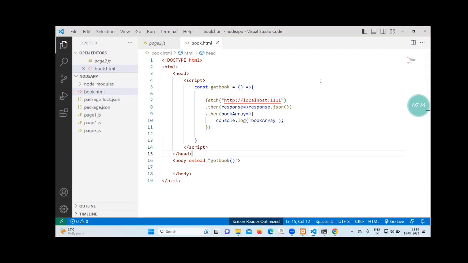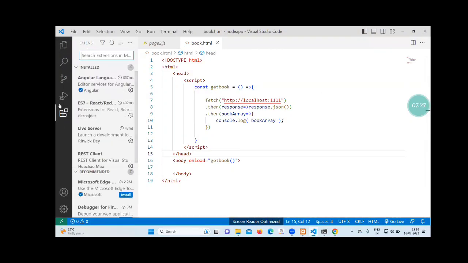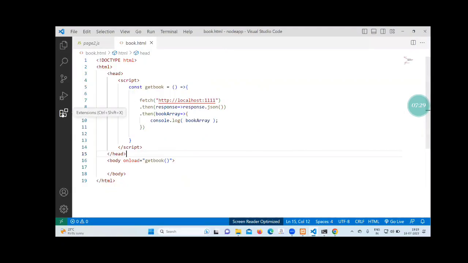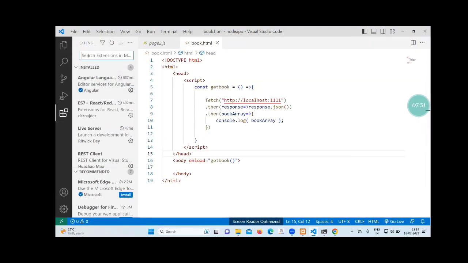Okay, next, come then. So everyone has written. Now, live server, I don't know if it is available on every computer or not. Does everyone's system have the live server or not? So what you can do is go to the extension, and in the extension you need to write